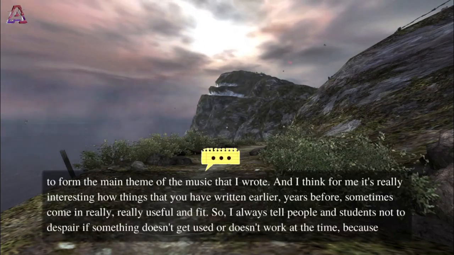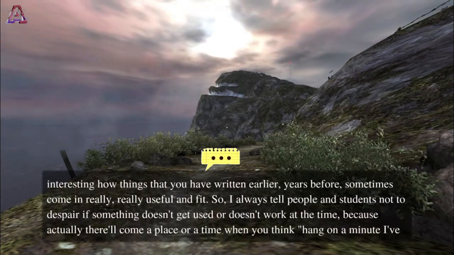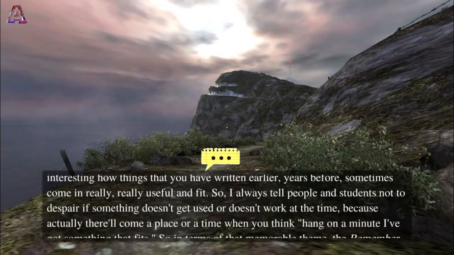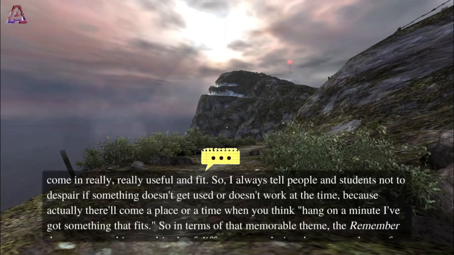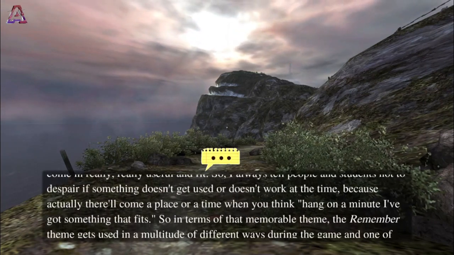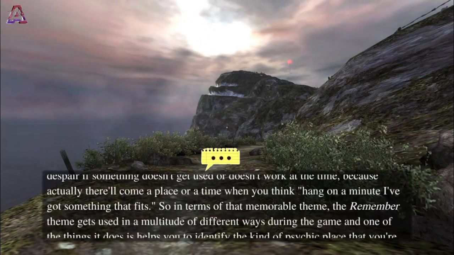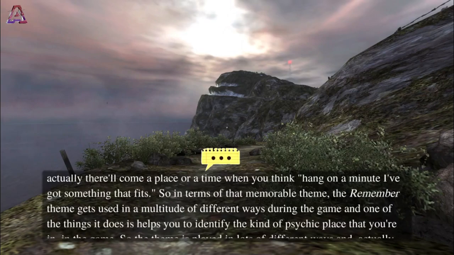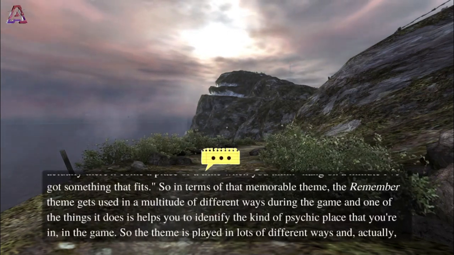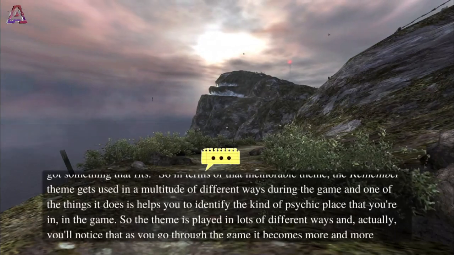And I think for me it's really interesting how things that you've written earlier, years before, sometimes come in really, really useful and fit. So I always tell people and students not to despair if something doesn't get used or doesn't work at the time, because there'll come a place or a time where you think, hang on a minute, I've got something that fits. So in terms of that memorable theme, the Remember theme gets used in a multitude of different ways